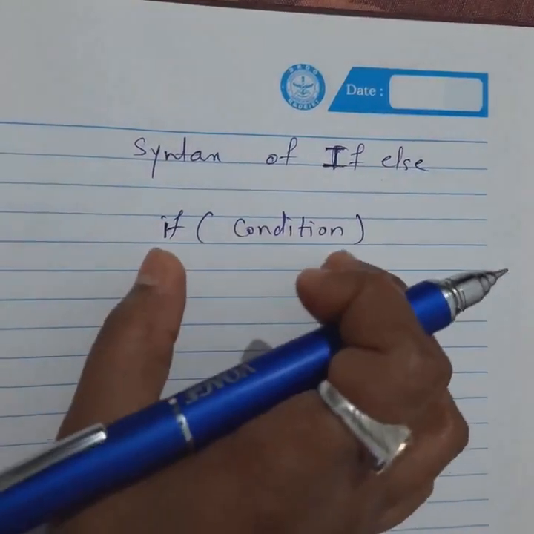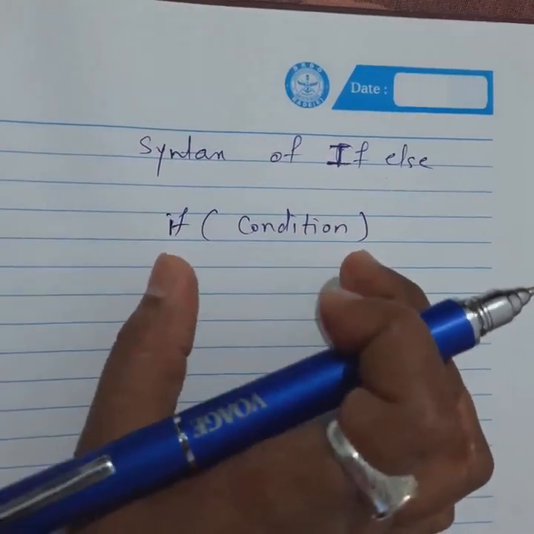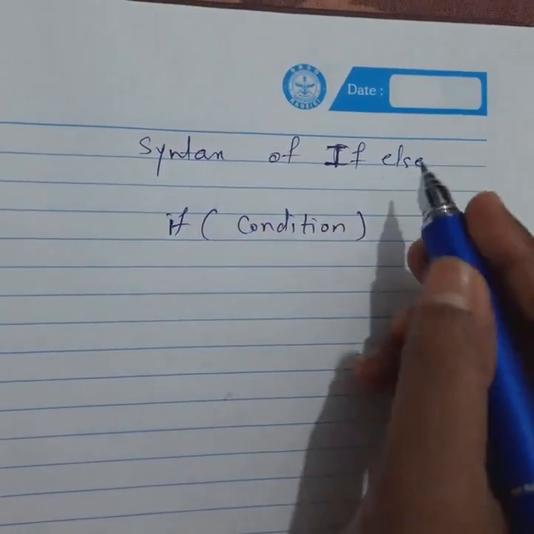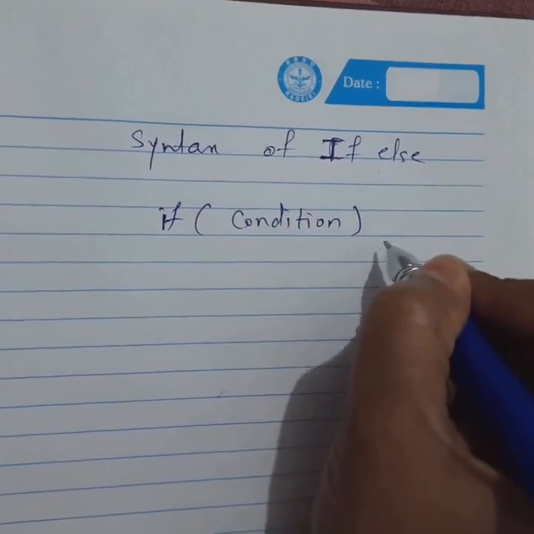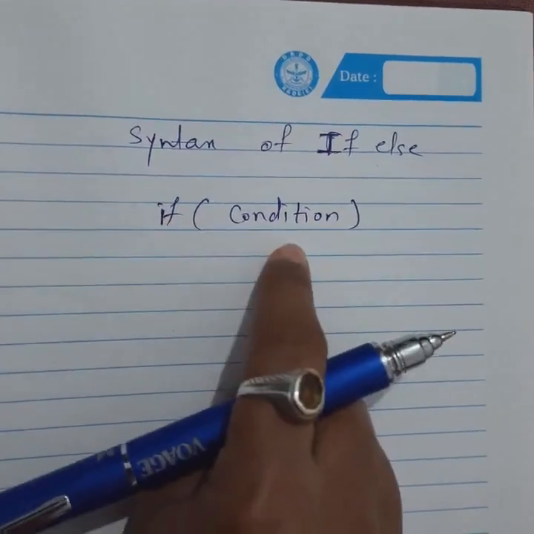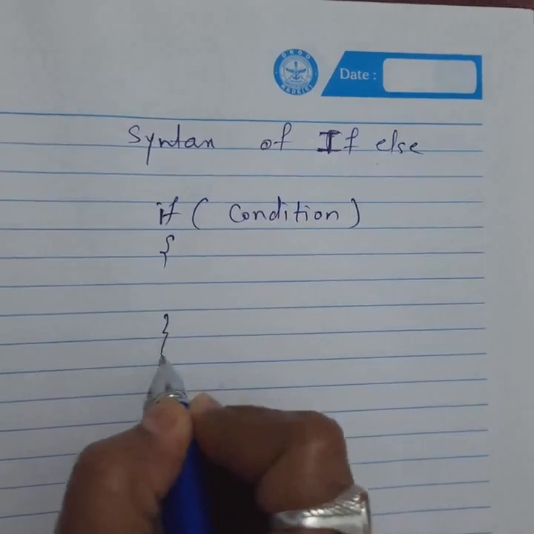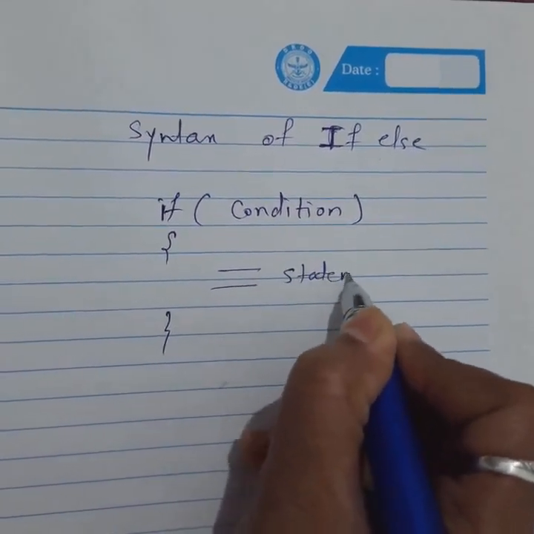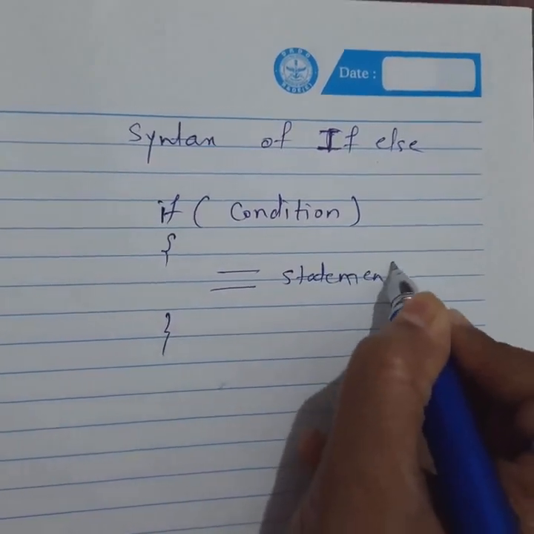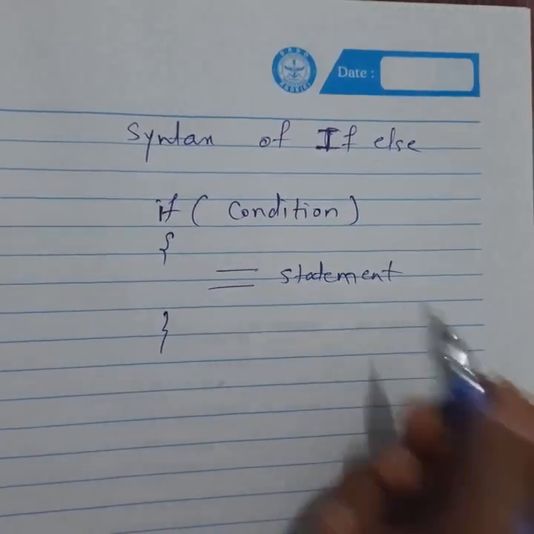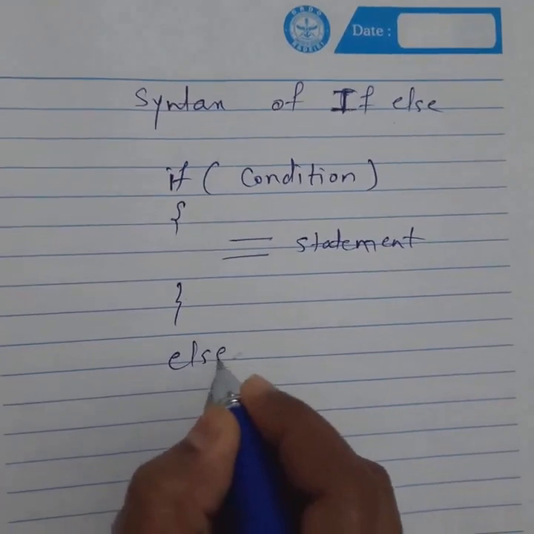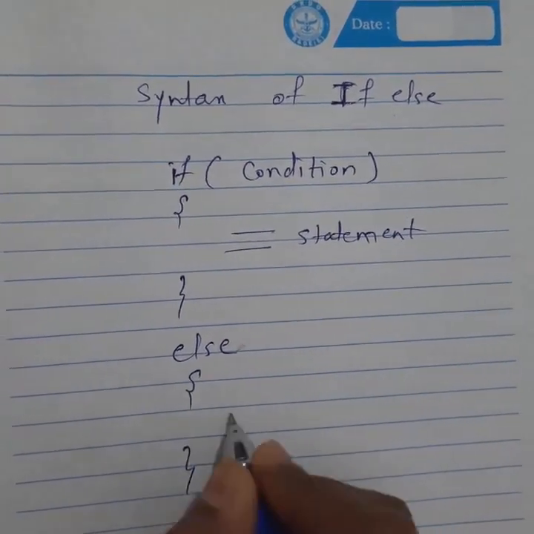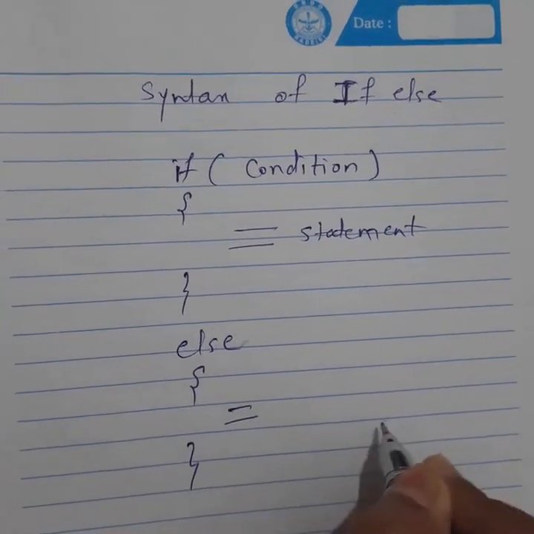In an if statement or if condition, a double quote will not come here, and a semicolon will not come. Only the if keyword and the condition will come here. After that, opening and closing curly brackets, and some statements come here, that is the statement for number is even. In the else part, else will not have a condition, and the else statements will come here.